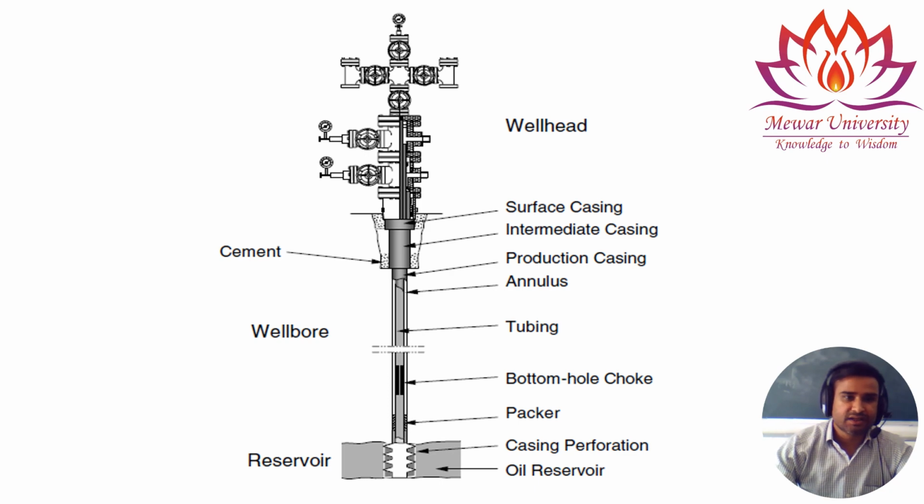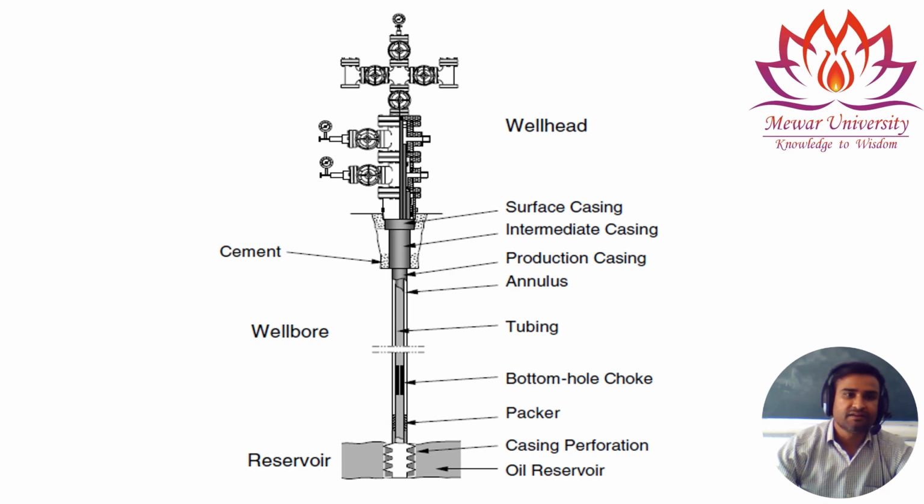This is another typical diagram of a wellhead, detailed diagram of a wellhead. You can see the wellhead have these kind of wing walls. At the top you have master valve. This is a pressure gauge. Here this is a cement surface casing. This is intermediate casing and this is a production casing, and this is annulus, the space between the